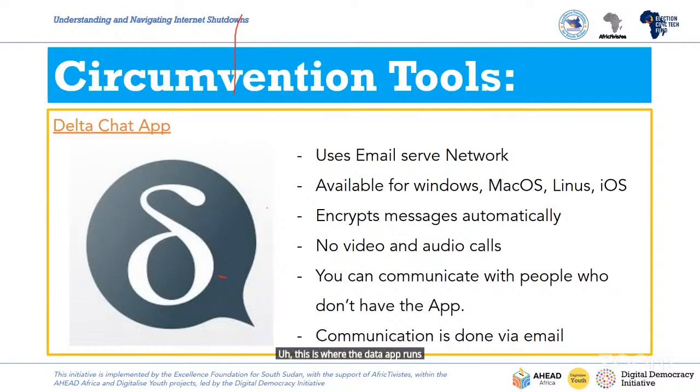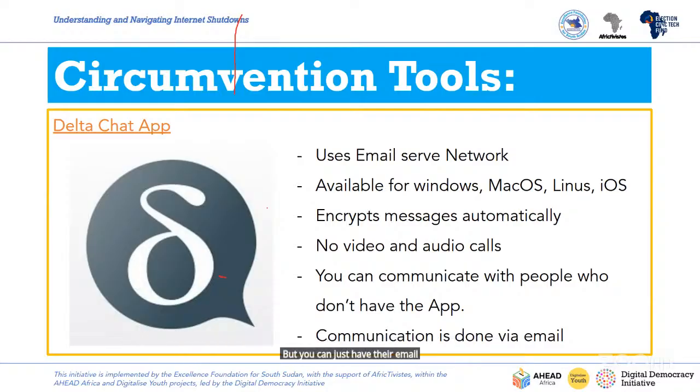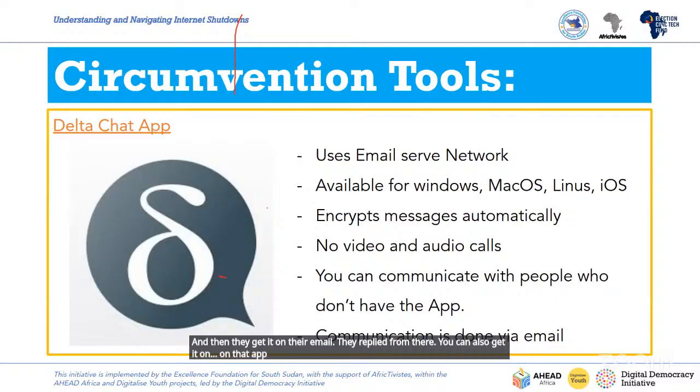It is an app on its own, but it can send messages through email. So using the app, you can send a message to someone and they receive it in their email. They may not have to install that app, you can just have their email. You send them a message, they get it in their email, and they reply from there. You can also get it on that app. That's how this one works.